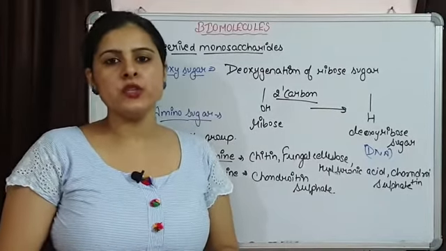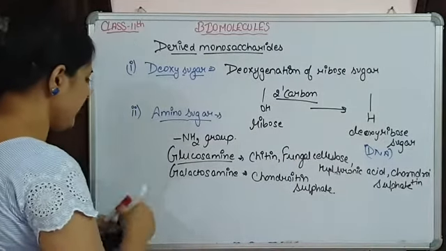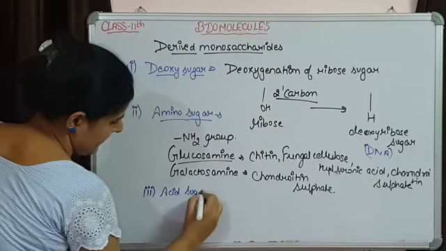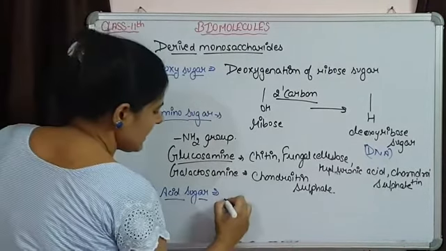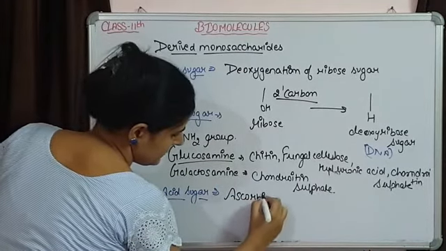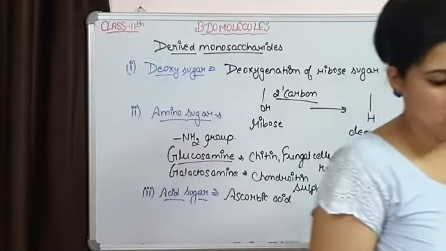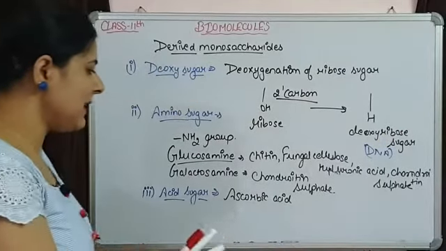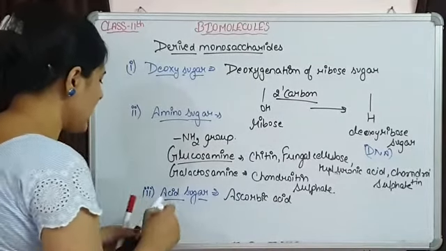Now there are some acid sugars also, like ascorbic acid. An example is ascorbic acid. So these are some of the acid sugars. Other than this, there is glucuronic acid, galacturonic acid, and these are the components of mucopolysaccharides. Then the fourth one are,